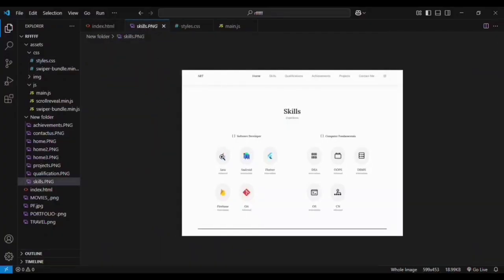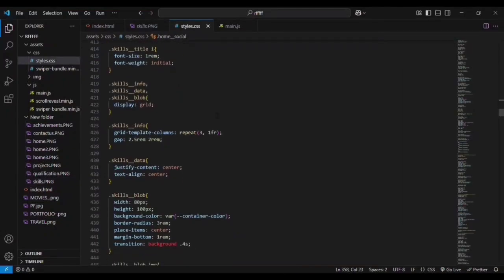This is one div, and this is the second div that we have. So they are aligned exactly center based on their div. Then for the title element, right now we are adding the font size and font weight. Display grid is added to the skills box, skills data, skills info. Then for each skills info, we are having